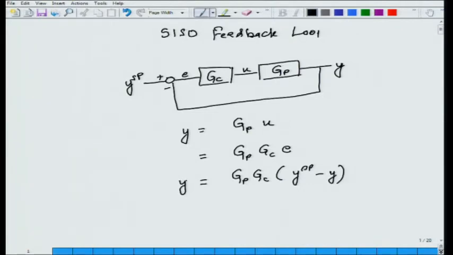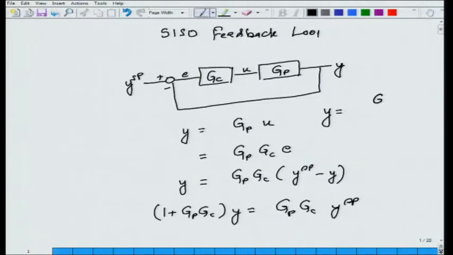Now if you take y to the left hand side, what you will get is 1 plus Gp Gc times y is equal to Gp Gc y set point, and what this gives is y is equal to Gp Gc divided by 1 plus Gp Gc times y set point,